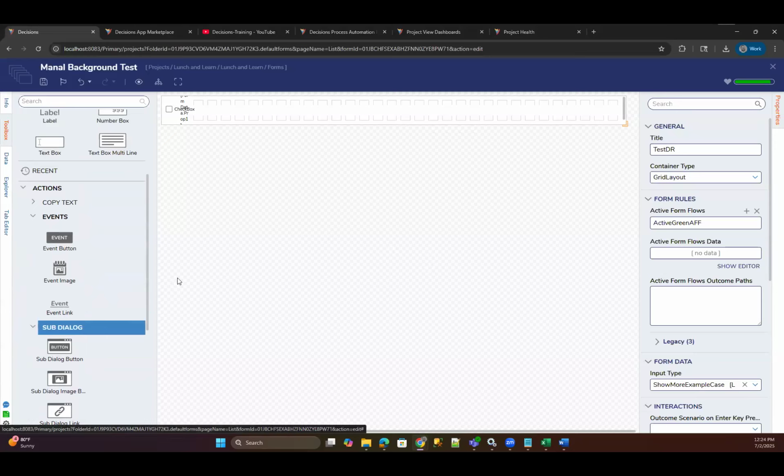You said you used sub dialogue. Are you using the sub dialogue on the data repeater itself? No, the sub dialogue opens the form that has the data repeater on it. Got it, yes, that is correct. Let me preface this: this is not a best practice, this is me just thinking out loud.